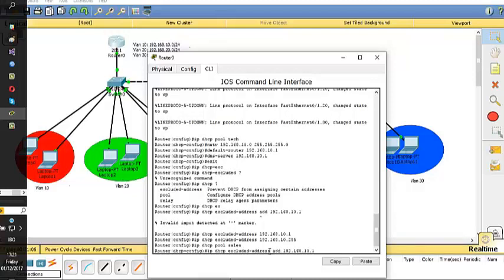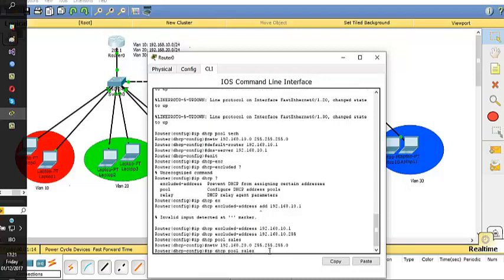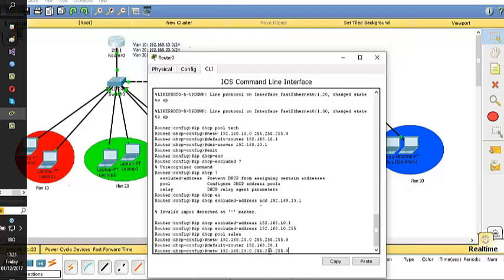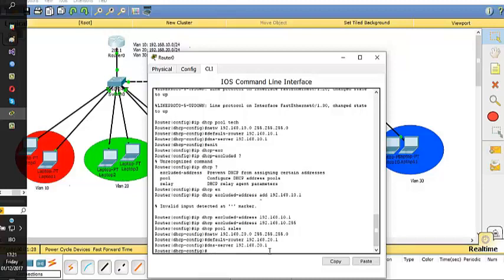Alright, on board will be their network, will be the 20 network, and what will be the default gateway. We're going to be 20.1, and the DNS of course will just be the same, 20.1. Alright, so now I'm going to say